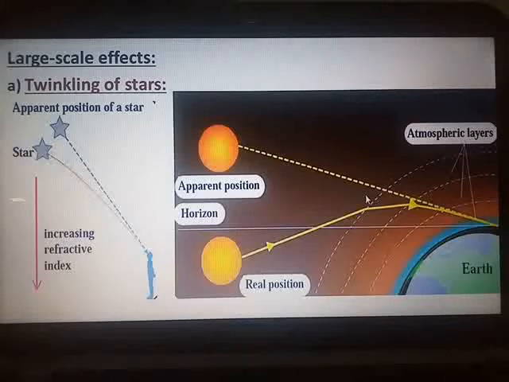On the same part, if you speak about the planets, stars and planets both are located in the sky, but planets do not twinkle. Now planets, why do they not twinkle? Because the rays of light from a planet also pass through the atmosphere of the earth, but they do not twinkle because, as compared to stars, planets are nearer to the earth, and so a planet can be considered as a collection of a large number of point sources of